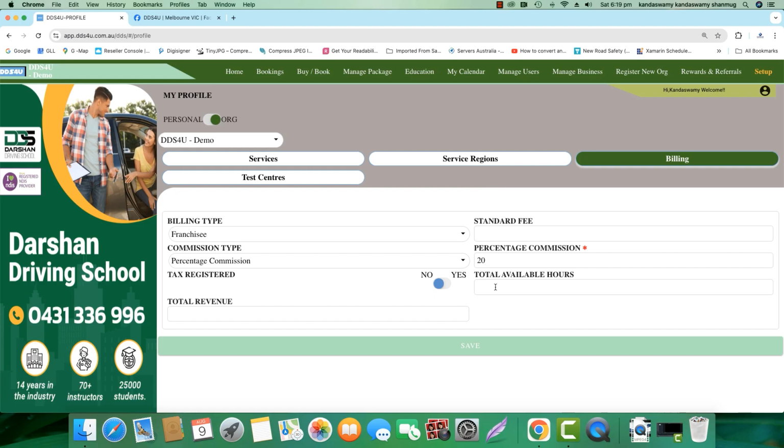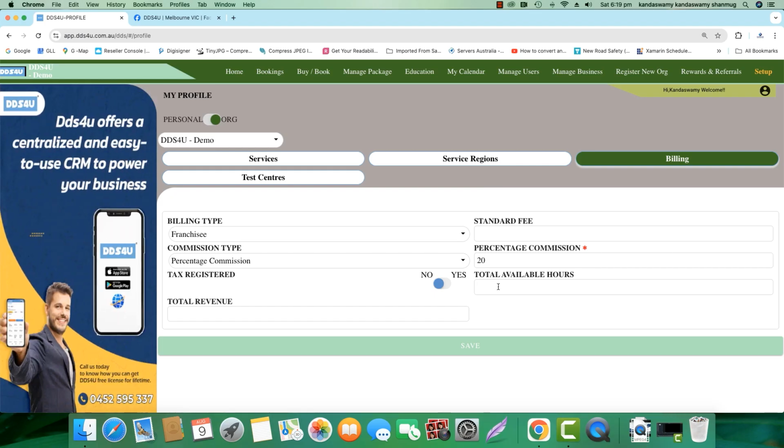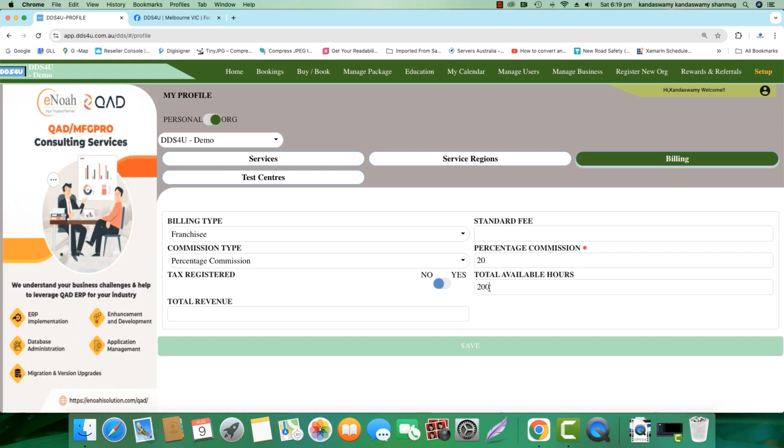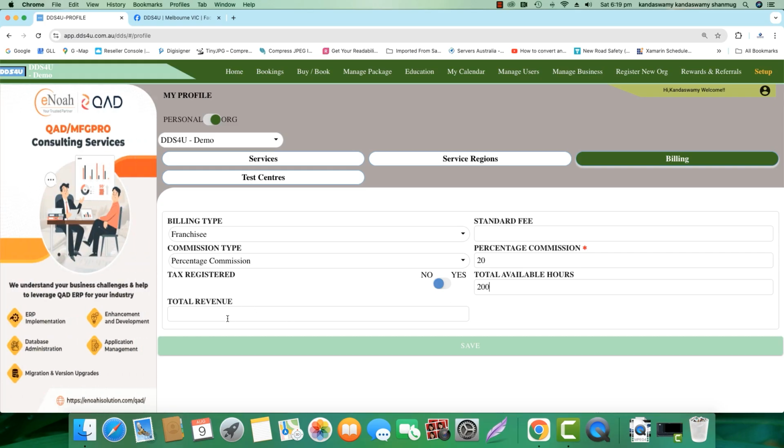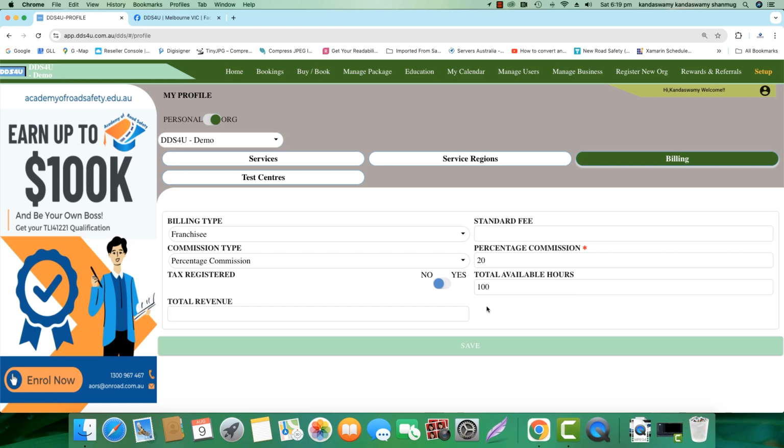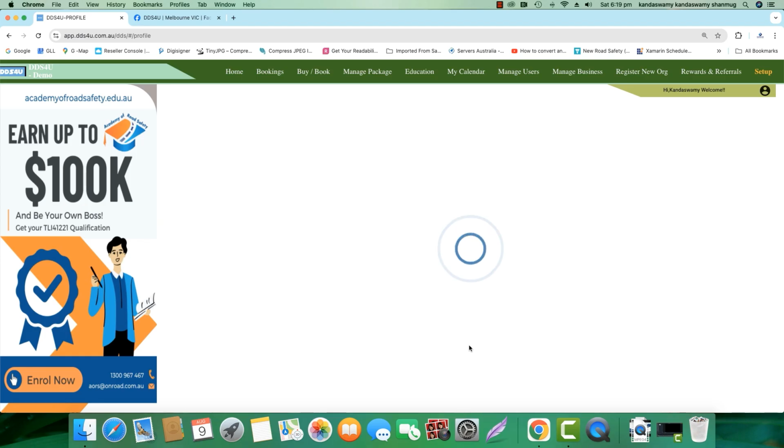Available hours to work. So this is the place where you can give the priority to the contractors or the staff. Some staff you will be thinking that okay, I have to give more priority. Here in that scenario you can put them as 200. And total revenue is what they are getting every month. It will be getting displayed. If you want to give a less priority to one contractor, you can put it as 100. The system will grab according to the numbers what you have displayed here and it will allocate the job as round robin method, which will be beneficial for your business. Once we have saved it,